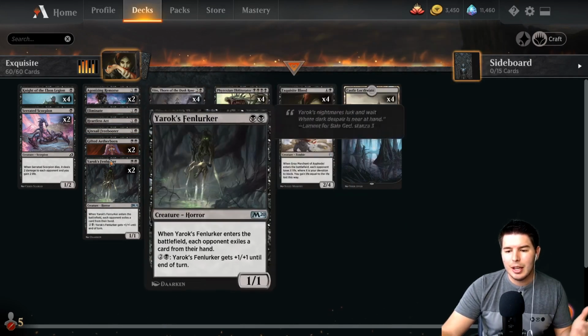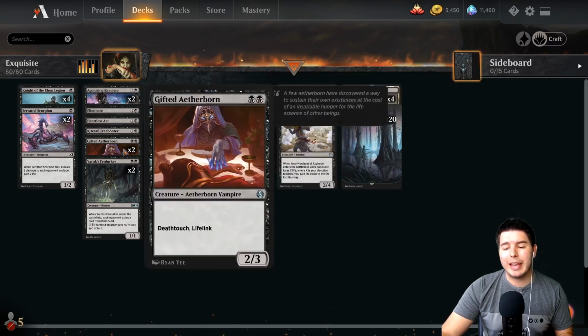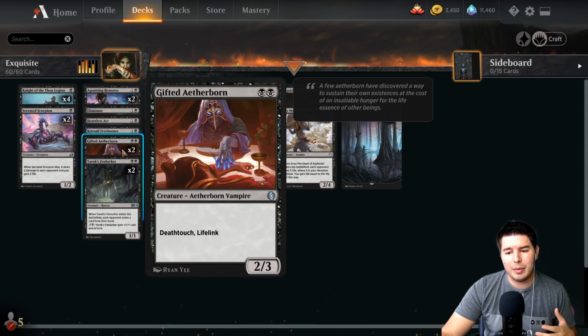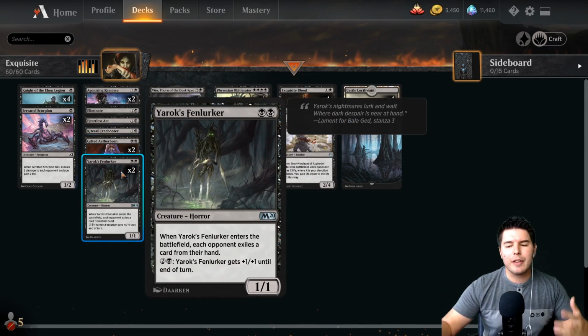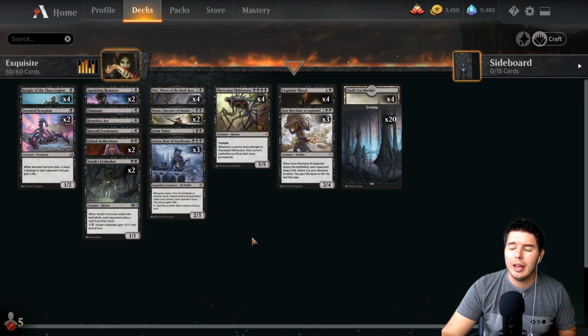So like if we do get turn 2 Gifted Aetherborn, turn 3 Veto, and then turn 5 Exquisite Blood, we can swing in with Gifted Aetherborn, gain life, start the loop, and win. So we do need cards like this that gain us life immediately, and that's kind of the goal with the deck. In fact, we probably ought to be going up to more copies, but I wanted to keep